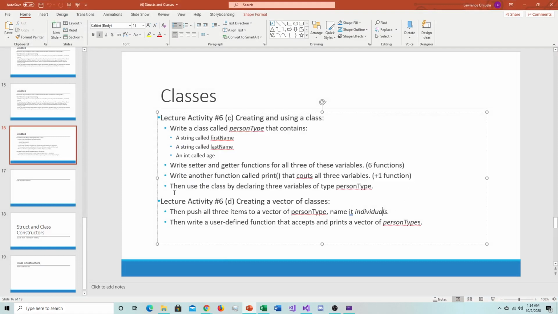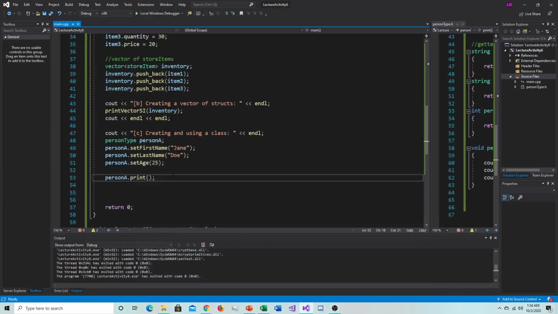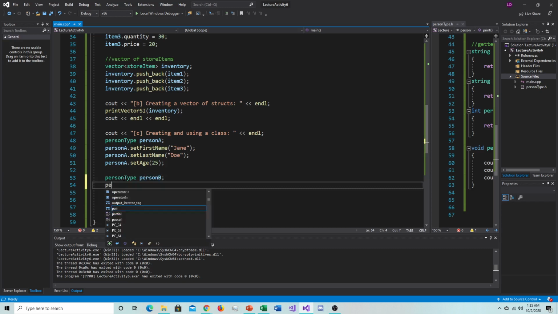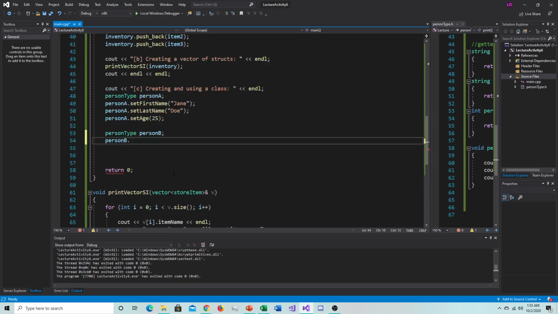Well, almost. We actually need to declare 3 variables of person type. So we already made 1. So I'm going to delete this print function for person A. And let's create 2 more person types. So person type person B. Then I'm going to say person B dot. We're going to actually repeat the same thing that we did for person A. So set